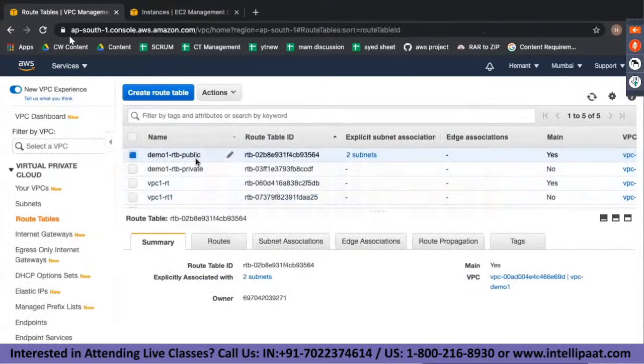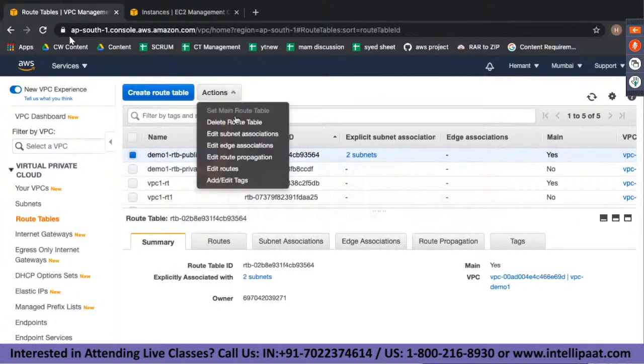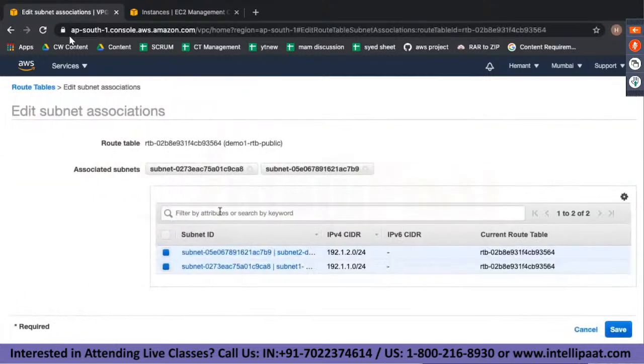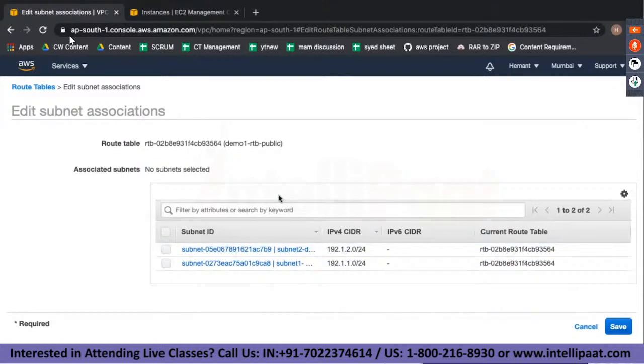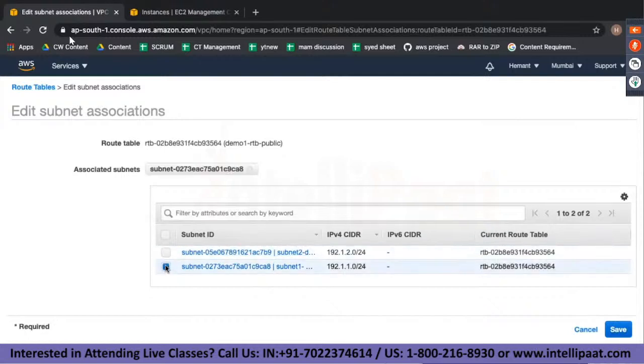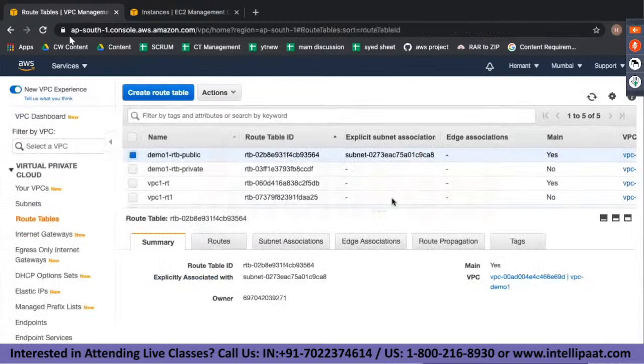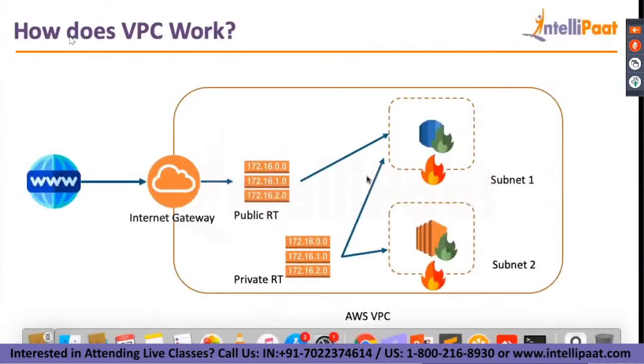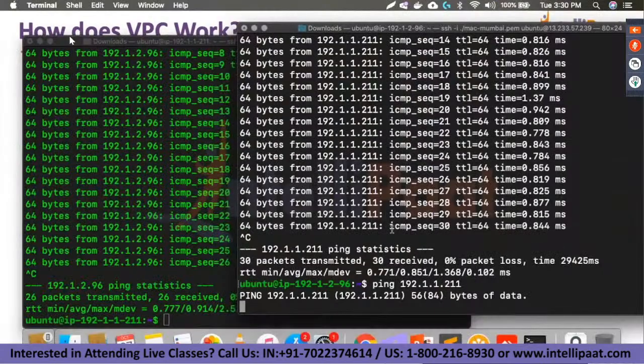Okay, this is created. Now in the demo 1 public routing table, we are going to edit subnet associations. And I want to remove subnet 2 from over here. Let's remove this. So only subnet 1 I want to associate. So I'll just click on save. So now only one subnet is associated, which is subnet 1, which basically means if I try to access my instances,